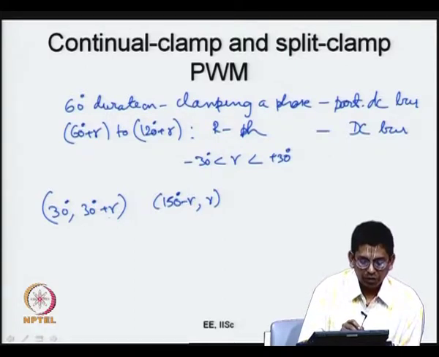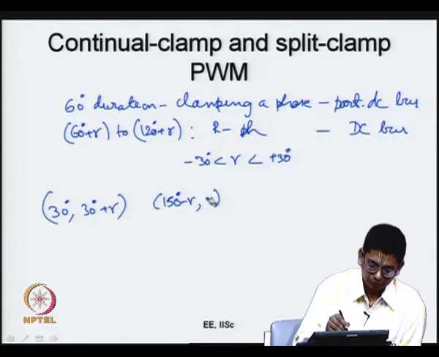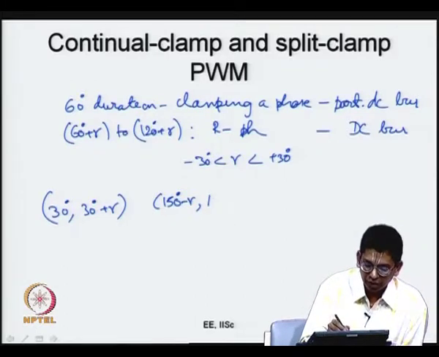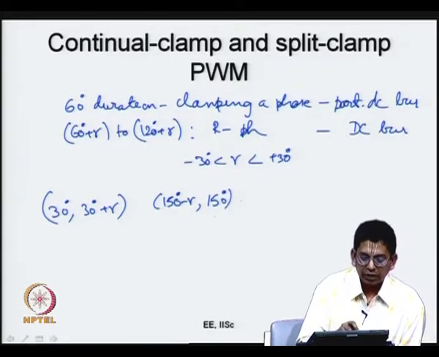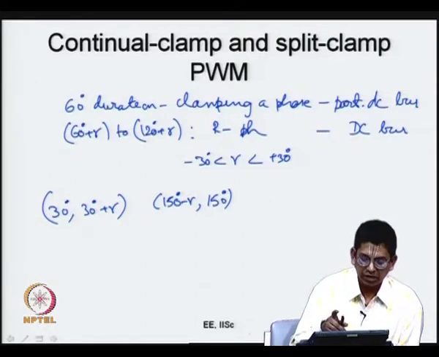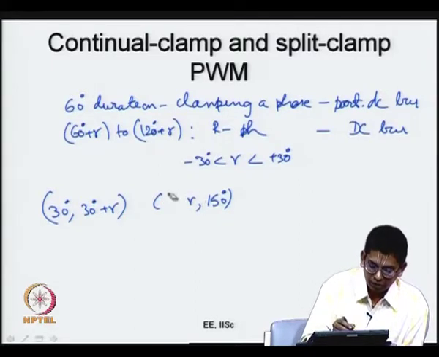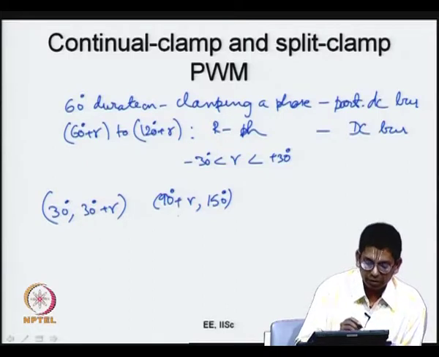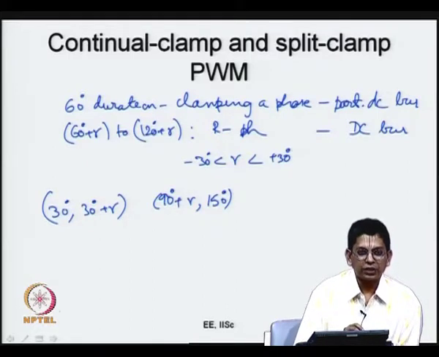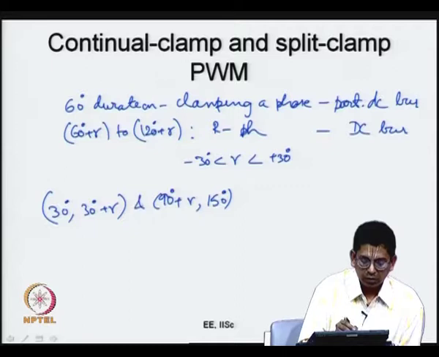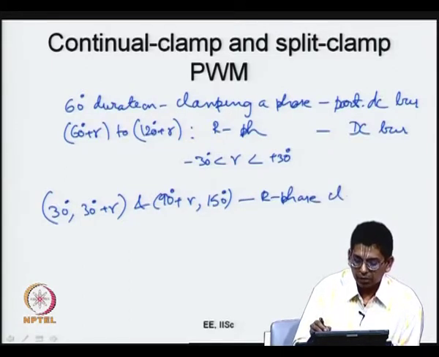Here it is for a duration of gamma, and this duration ends with 150 degree, and this is for a 60 minus gamma. 150 minus of 60 minus gamma is actually 90 plus gamma. So, this is the duration for which it is clamped. So, for this R phase is clamped to